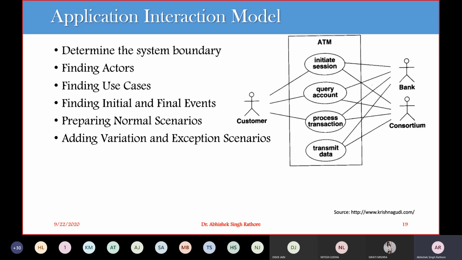After finding your use cases, what are these use cases? We are just partitioning our system functionality into discrete pieces, and we show the actors that are involved in each piece. That is our use cases. But when we find this functionality in discrete pieces and map it to our customers, it does not show the behavior of the system clearly.